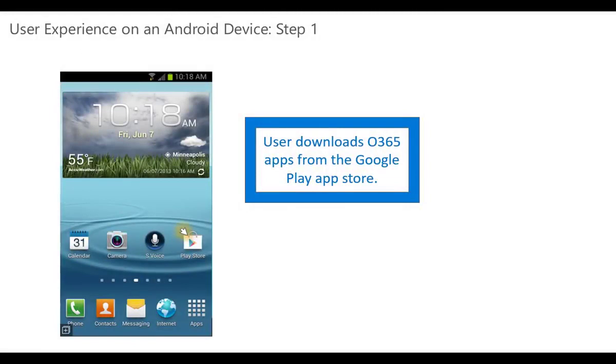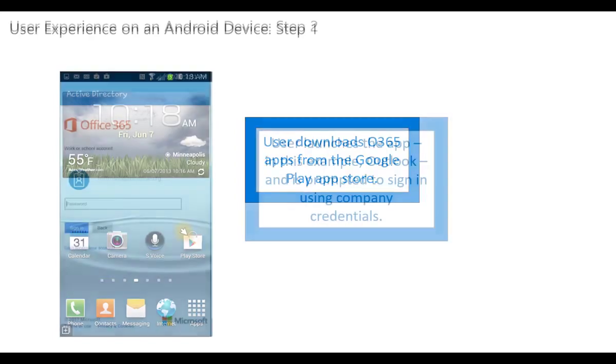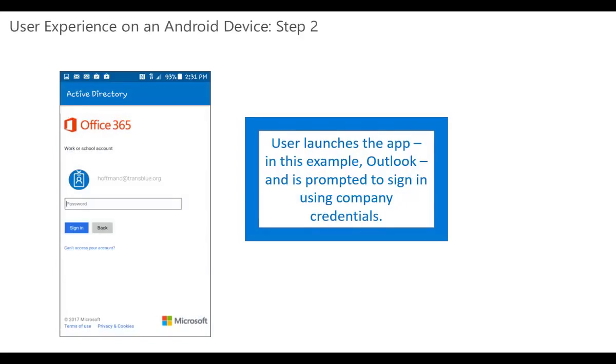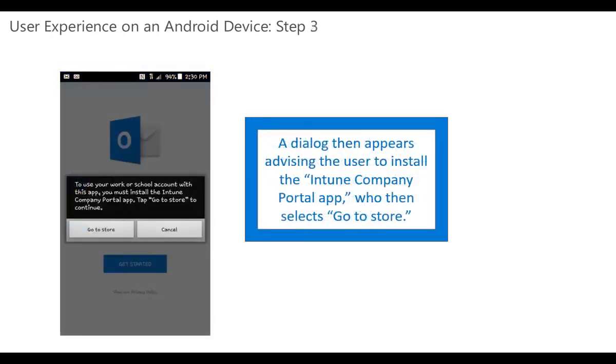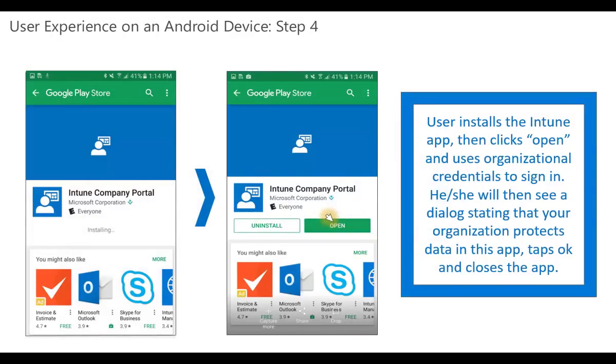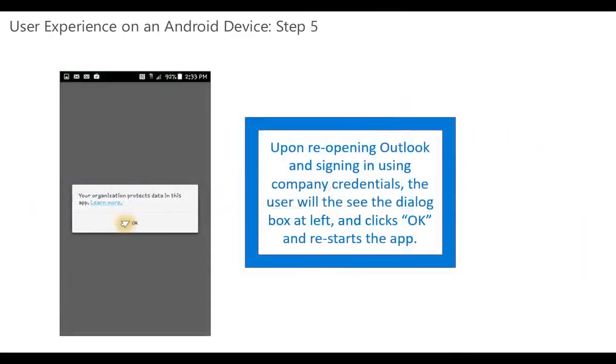So the user is going to download the applications from the Google Play Store again, so the Outlook, SharePoint and so on. And when they launch those apps, in this case it's going to be Outlook, they'll again be prompted to sign in using their company credentials. Now when that happens here, they're going to be asked to install the Intune app. So they need to go to the store, they need to download that and install that, and then basically this will enroll them in the